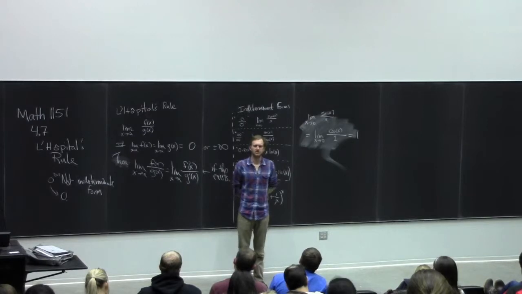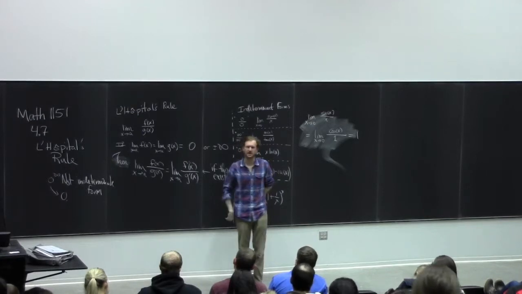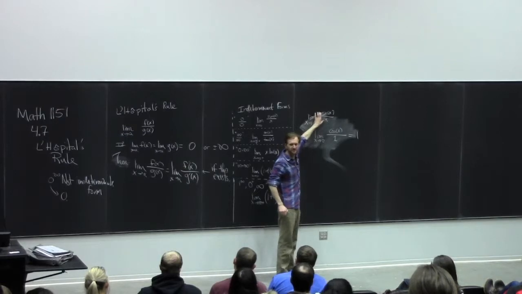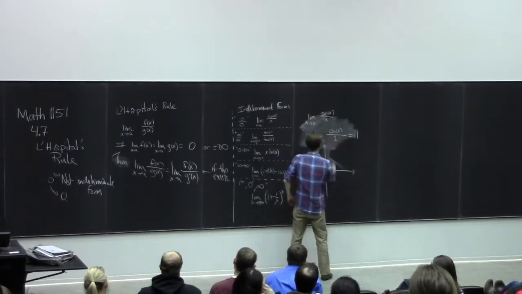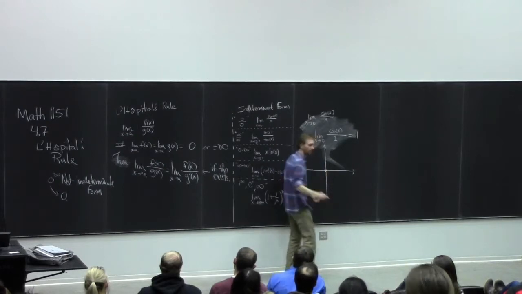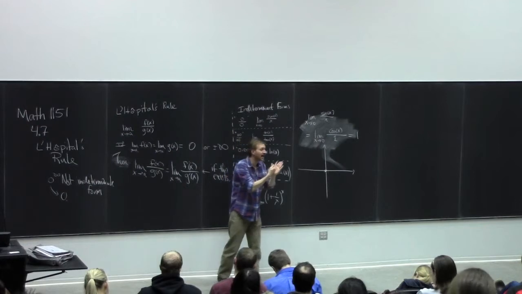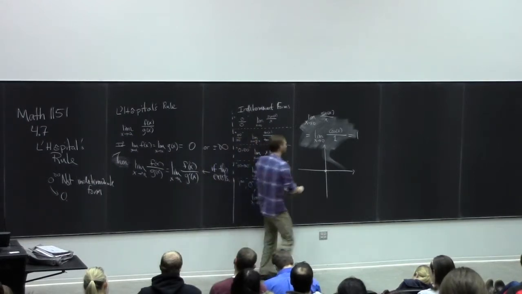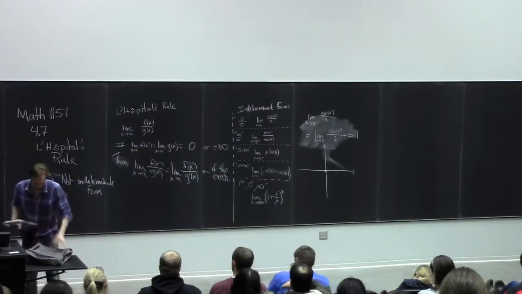Now, does L'Hopital's rule kind of seem like magic? It should kind of make sense, because the idea is if both of these are at the same value, right? So I have 2 functions, and they're both 0 at some point. And then they're growing at the same rate, right? Remember, sine looks like, if I can,